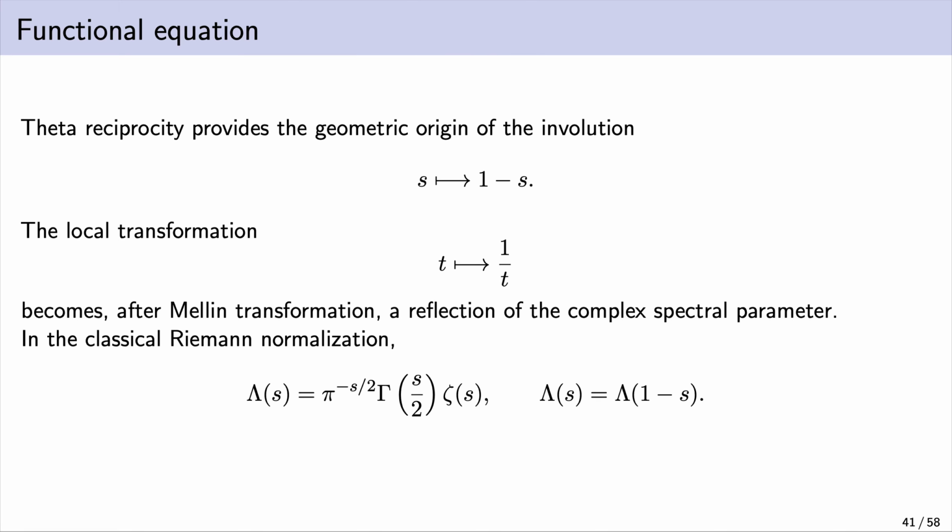If we have the classical Riemann normalization, lambda of S, then lambda of S equals lambda of 1 minus S. And this is actually encoded quite well in the 3-seed because we can look at involutions